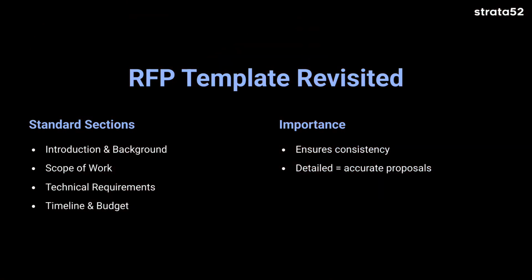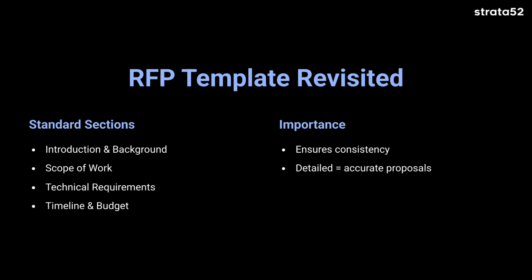We have a standard RFP template that you can download that covers sections like the introduction and the project background, the scope of work, technical requirements, timeline and budget, vendor qualifications, evaluation criteria, and the submission instructions. This template ensures consistency across all your AI initiatives. By filling it out thoroughly, you'll provide vendors with everything that they need to craft accurate, competitive proposals. Remember, the more details you include, especially around technical constraints, integration points, and compliance needs, the more targeted and relevant